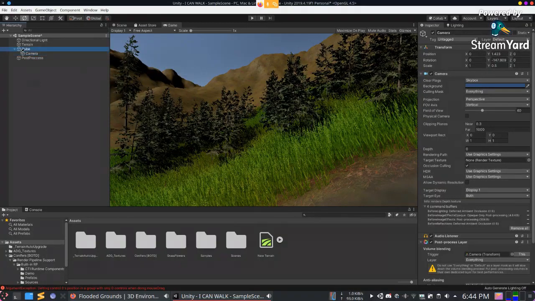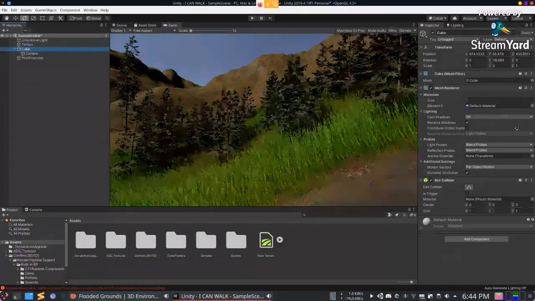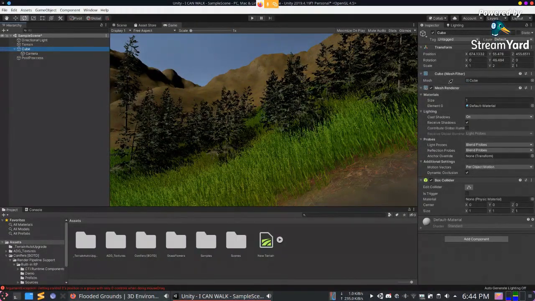But in this case, there's another different style I've used. I've created a cube, which basically is an empty which has the cube mesh filter and a box collider. A box collider basically helps us collide with an object. Say there is a wall and it does not have a collider, you can pass through the wall. But if it has a collider, it'll crash onto the wall. A box collider is basically a form of a box. You set the sizes and put the center, and there are mesh colliders where you trace exactly. Say you have a chair, you don't just want to put a box collider in there. You want to structure the whole chair, making sure it collides exactly in that way.